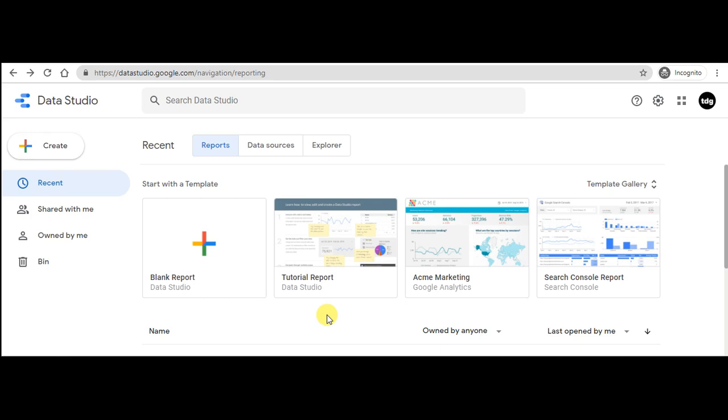Today we'll look at Google Data Studio and how to make a visualization report on it. So let's get started. First you have to log into your Google account and visit googledatastudio.google.com, and you will be directed to this screen, and you'll have to click on blank report,